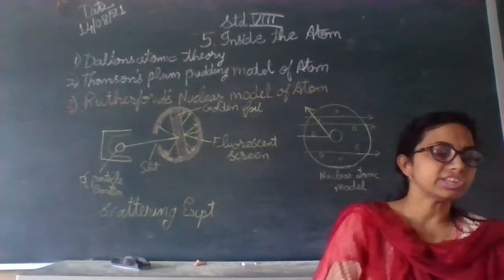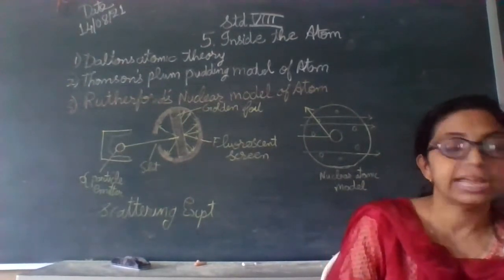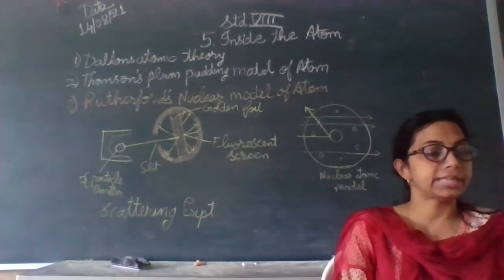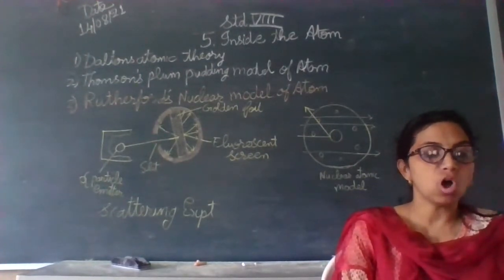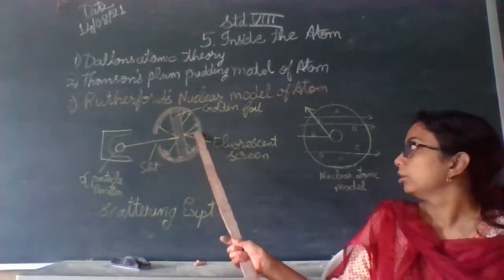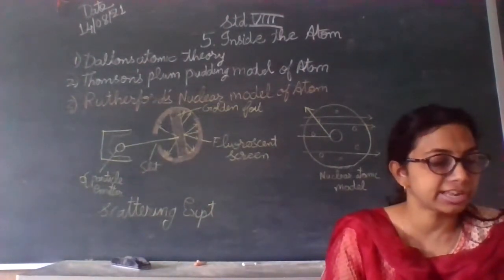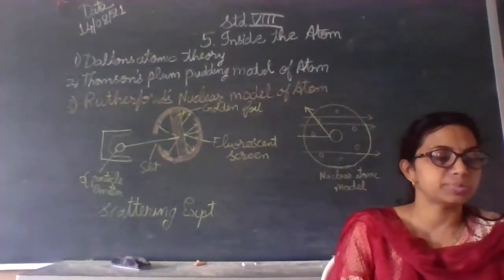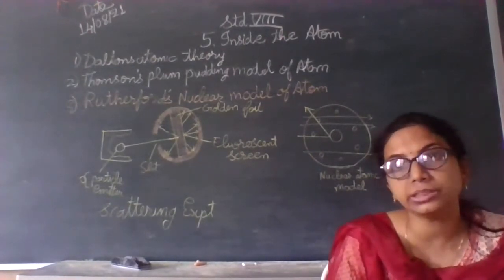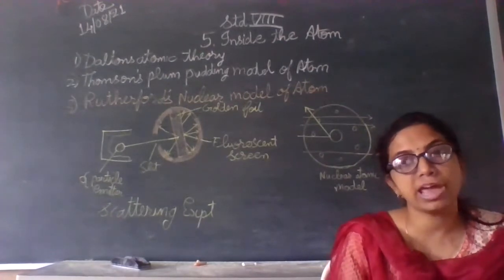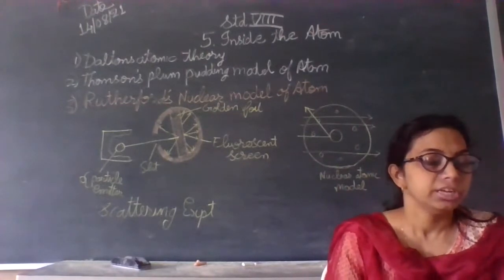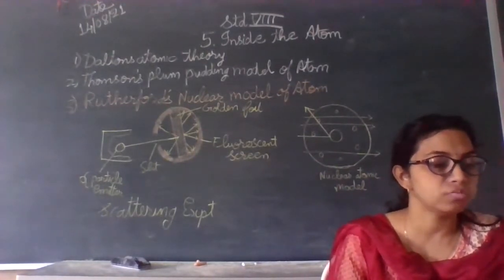So the large number of alpha particles that went straight through the foil indicated that there was no obstacle in their path. That's why they went straight through to the back side of the fluorescent screen. It means that there must be mainly empty space inside the atom, somewhere in the solid gold foil.